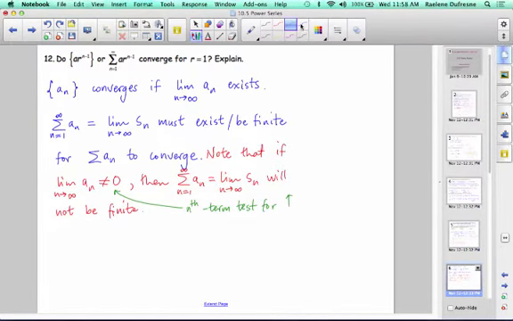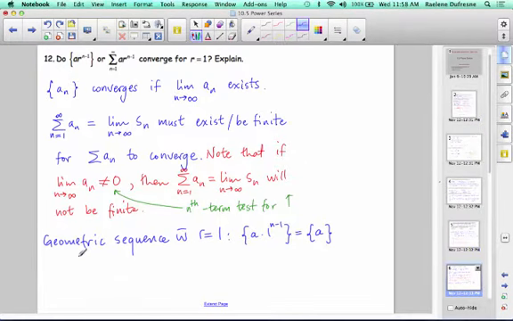And so now let's take a look at the geometric sequence. With r equal to 1, we end up with a times 1 to the n minus 1, which is the sequence of a, and the limit as n approaches infinity of a is equal to a, which exists. Therefore, the sequence converges. The geometric sequence converges. Meanwhile, the geometric series